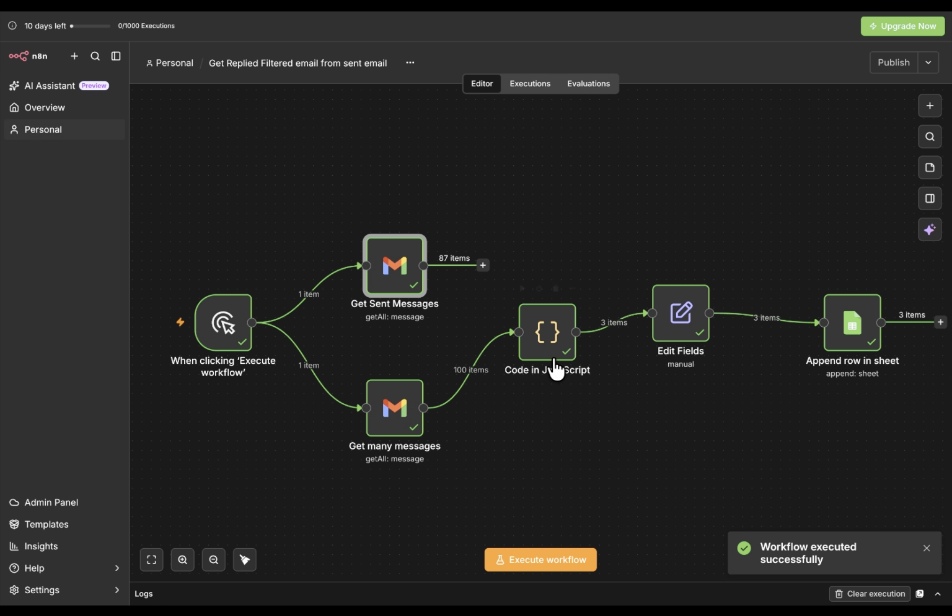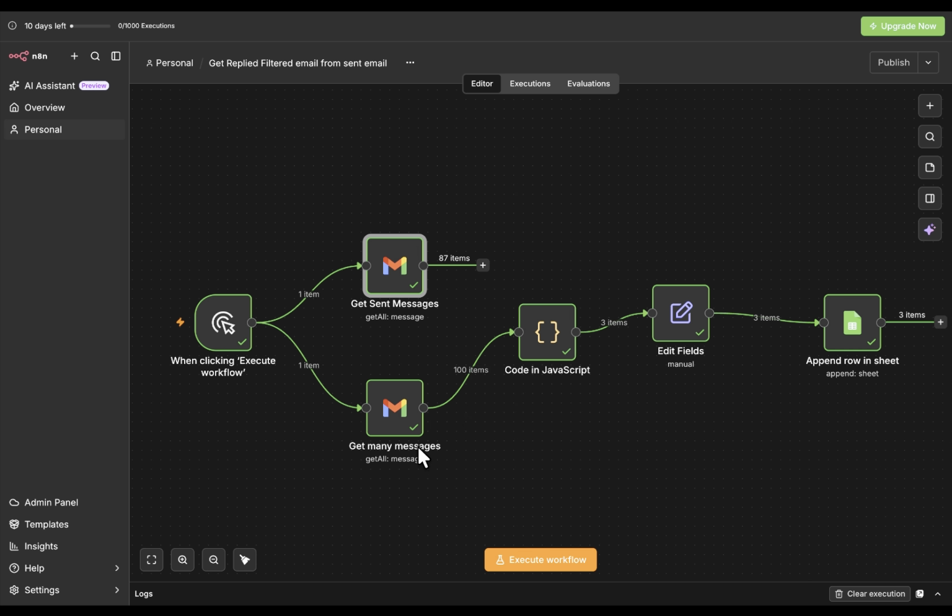And now here is a simple code which I am using to filter the emails. Because, for example, in the last 15 days I have sent around 87 emails, and in the inbox I get around 100 items.